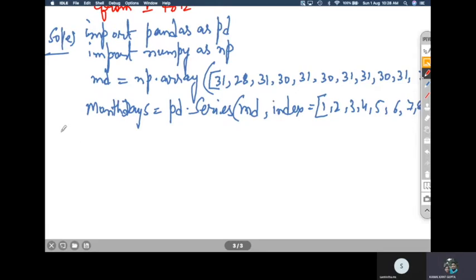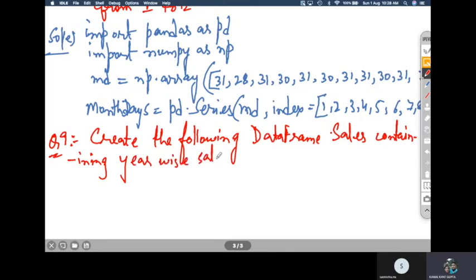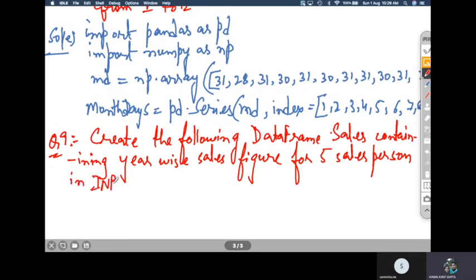So the next question, question number 9 we are doing, is: create the following data frame sales containing year wise sales figure for 5 salesperson in INR, Indian rupees.